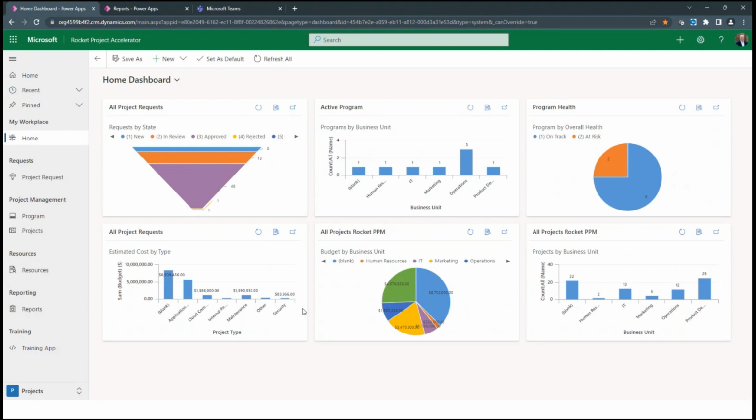And this is the home dashboard. So Microsoft makes a basic version of this available for free through GitHub. And then they invite partners like us to tweak it up a little bit. So this is our version of it. We've made a few changes here, but to show you what you get, this facilitates